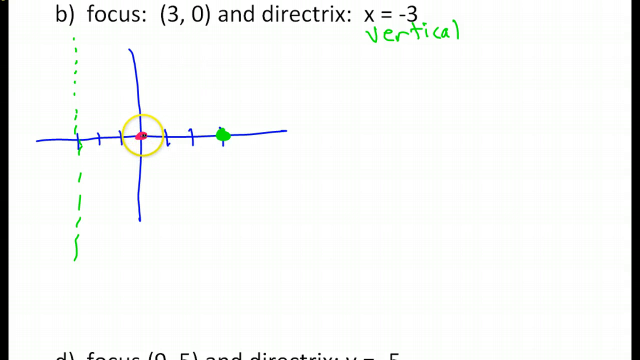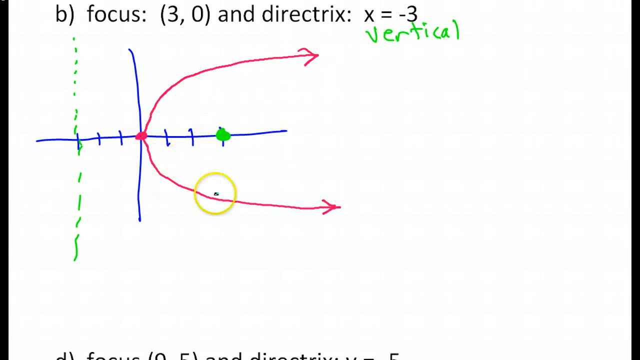So that's the key piece of information that I needed. And I also notice that this will be facing to the right because the parabola must always wrap around the focus. So I know that the vertex